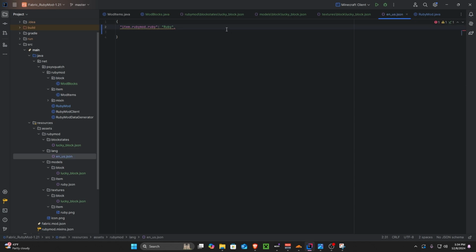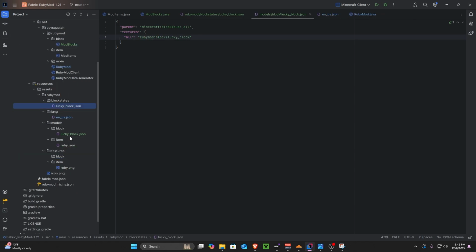And lastly, under our lang directory, we have our English US JSON file. And for here, we're just going to separate these. This is going to be block.rubymod.lucky_block, I believe is what we named it within the file. And then colon, what we actually want it to appear as, which is going to be Lucky Block. And now that we have the block state JSON, as well as the block model JSON file, as well as the localization, we have an item in the game. It has a name,